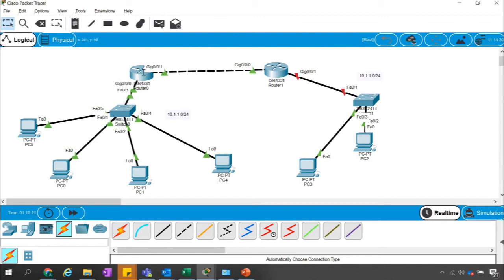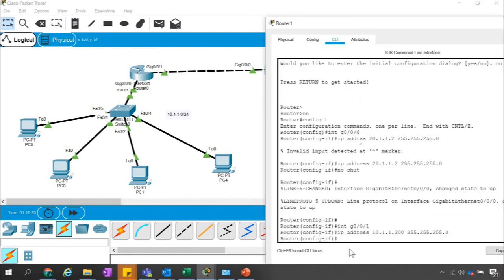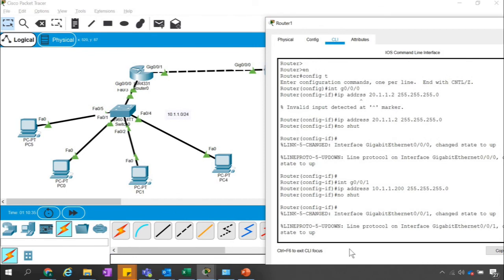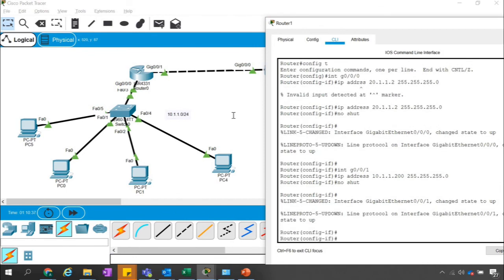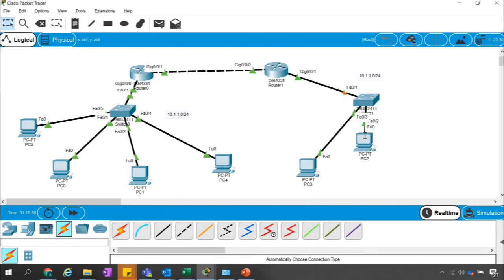If it had been on the same router, we could not assign it and it would give an error that they should be on different networks. But as they are two routers, router 0 and router 1, it is allowing us. Anyway, I'm putting no shut, and now let's see whether these computers have got the IP address from it or not yet.